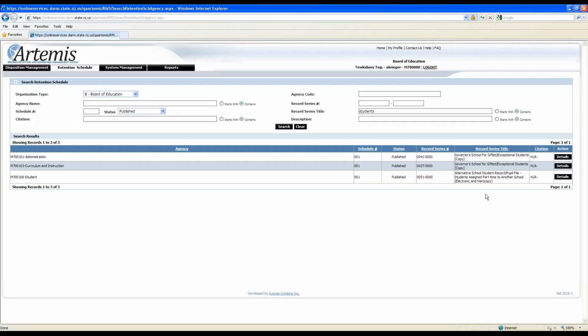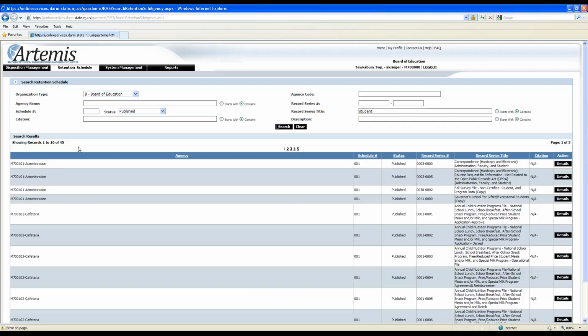But one of the things I did was when I typed in my keyword students, I did that as a plural with the S at the end for a reason. Because if I just remove the S and just have the word student and I hit search, now instead of 3 results, I now jump to 45 results.